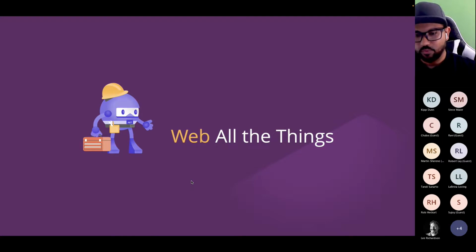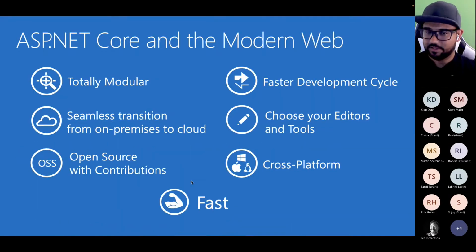So that's desktop. Now let's talk about web really quick. You have a plethora of choices as to how you build your web apps, right? If you look at where we have been as .NET developers, it's ASP.NET. It's fast, it's modern, it's really cool, it's modular, and all the good things. It's open source and cross-platform. But you have to understand that ASP.NET fundamentally is still a server-side technology, right? And yes, you can do a lot of things on the client side. You can do AJAX calls, you can do SignalR bridges across, but it is still server side, and that has limitations for you to build modern client-side apps until Blazor came into the picture,